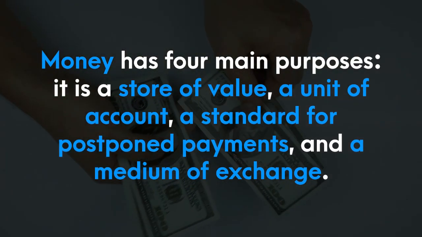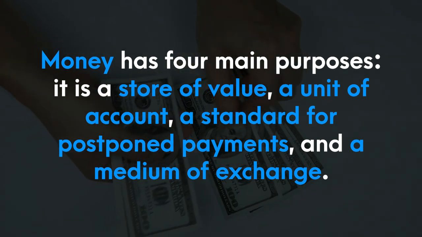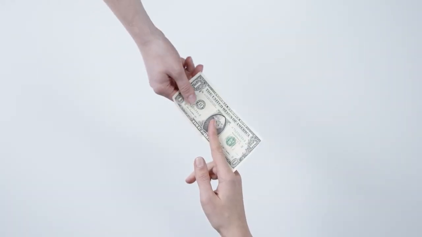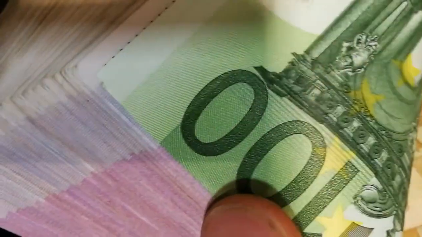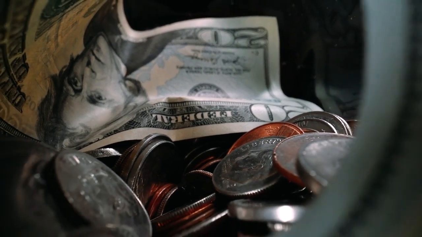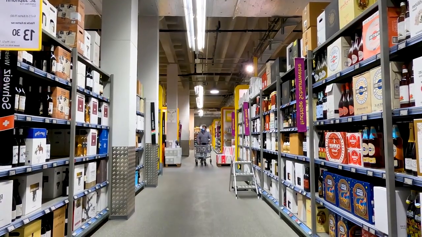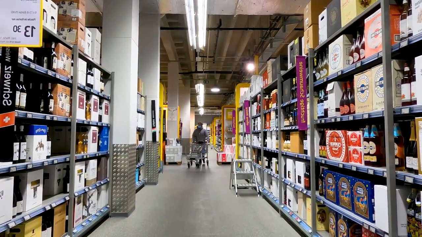It's a store of value, a unit of account, a standard for postponed payments, and a medium of exchange. Money is employed as a means of exchange to get over the drawbacks of barter commerce. Money acts as a store of value because its value holds up over time. Money is typically recognized as a standard for postponed payment as a way to settle upcoming accounts. Finally, prices are expressed and records are preserved in terms of money as a unit of account, while debt is